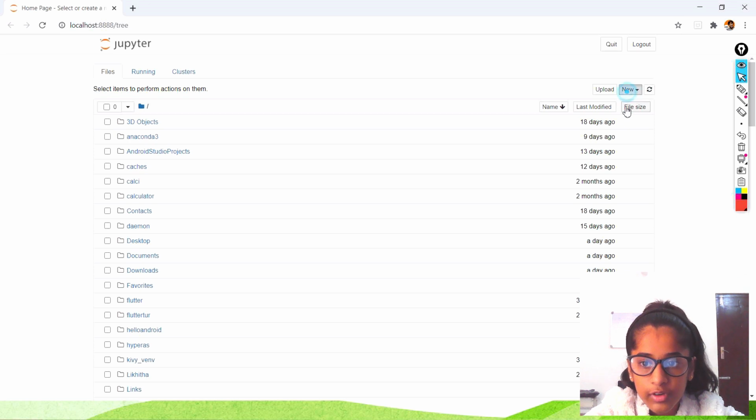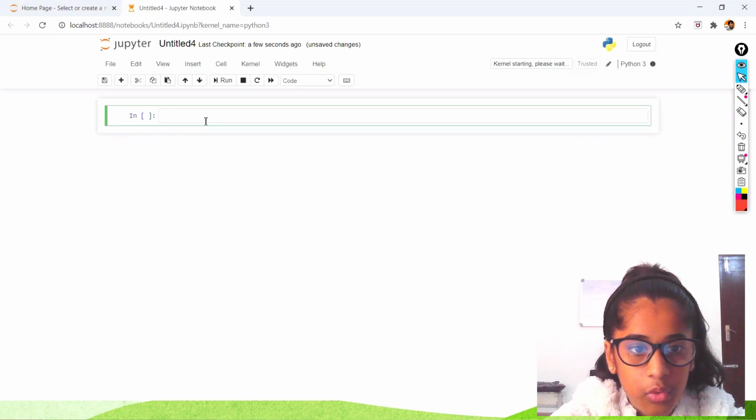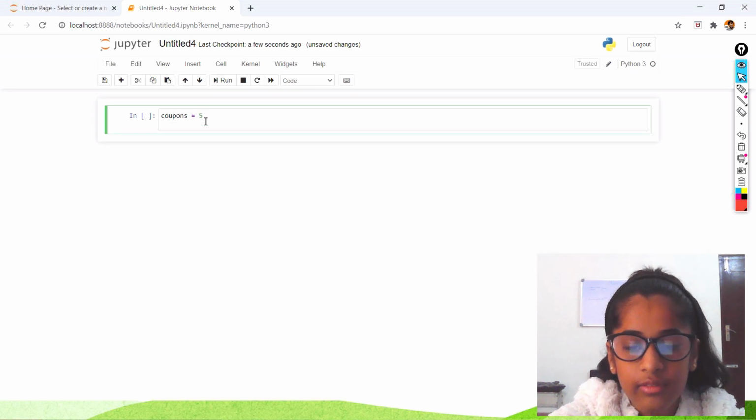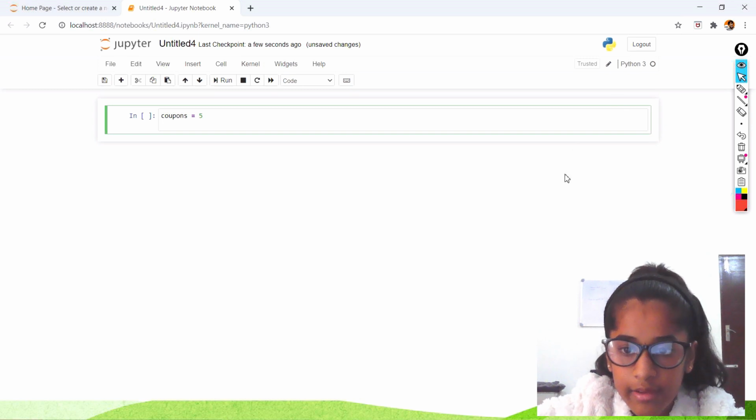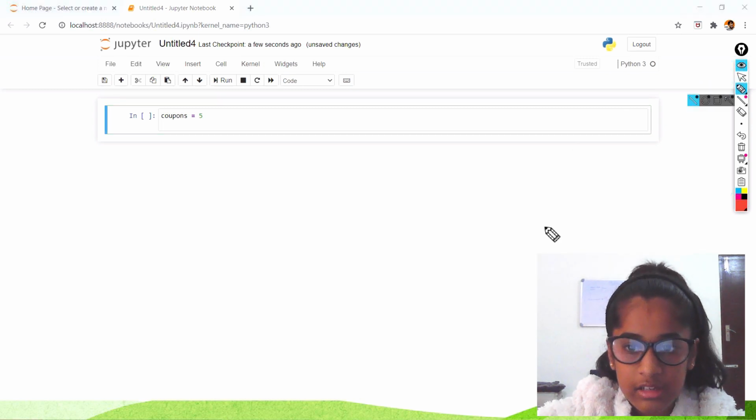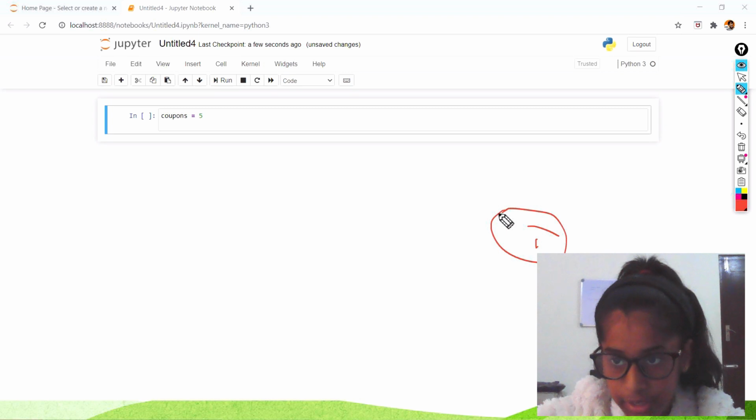I'm going to create a new file in Jupyter. Let's say coupons is equal to 5. We have a number of coupons, and every time the user buys one, the coupons are going to reduce by 1.